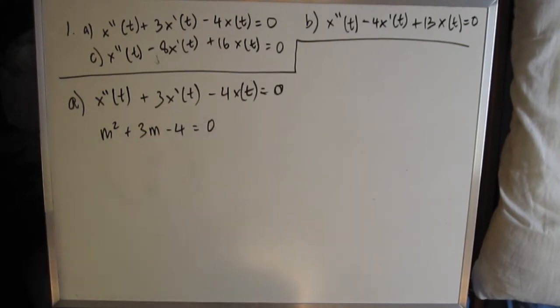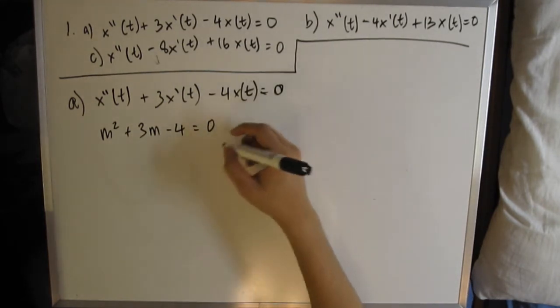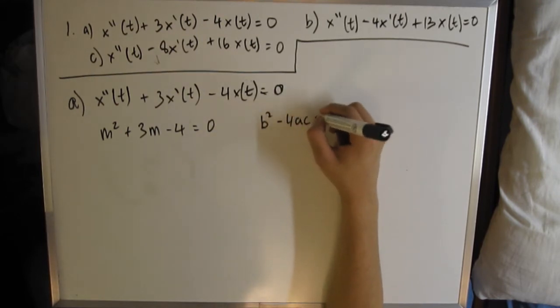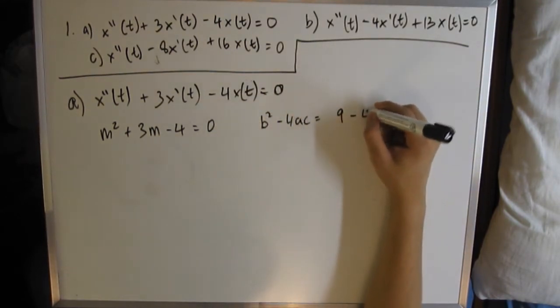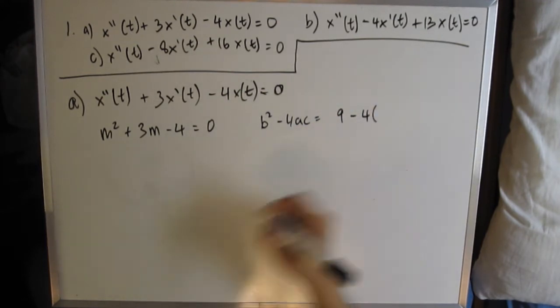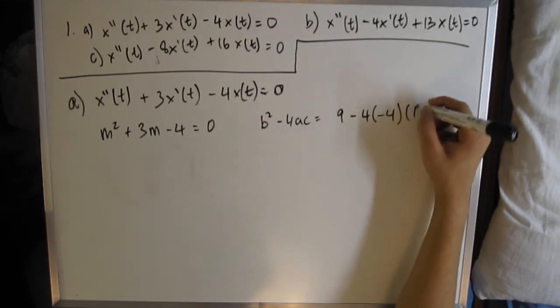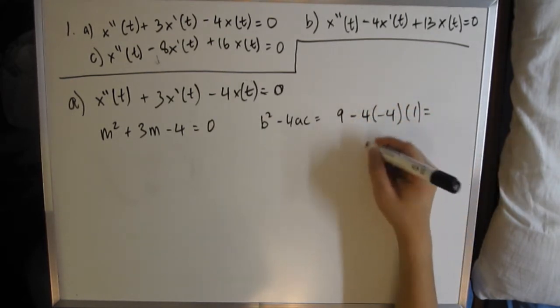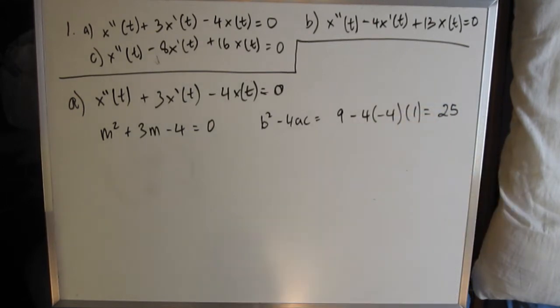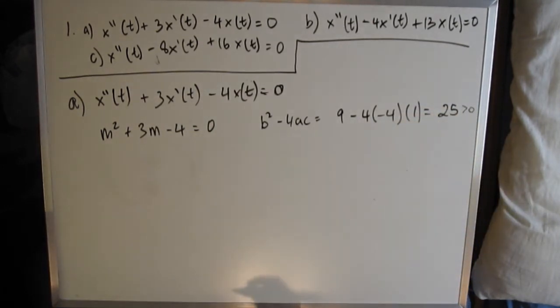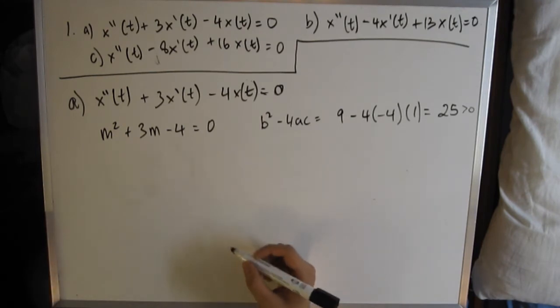Now this is any normal quadratic equation, so the next important step is actually to check if b squared minus 4ac is greater than or equal to 0. So in this case, b is our 3, so b squared minus 4ac will be 9 minus 4 times minus 4 times 1, which is equal to 25. Now that's actually greater than 0. So you can go ahead and assume that your answer is going to be in the form of